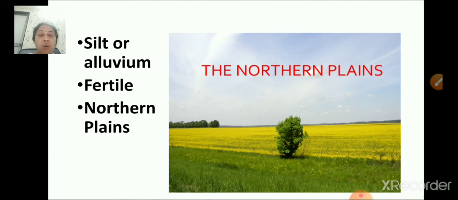An area watered by a river and its tributaries is called a basin. So, the northern plains can be divided into 3 basins. How many? 3 basins. They are